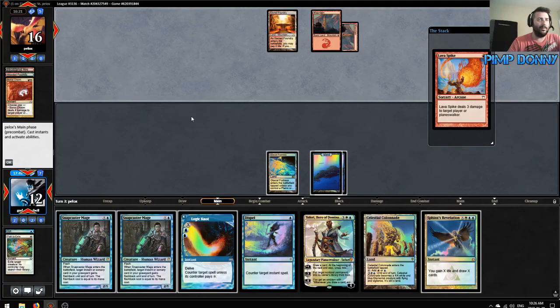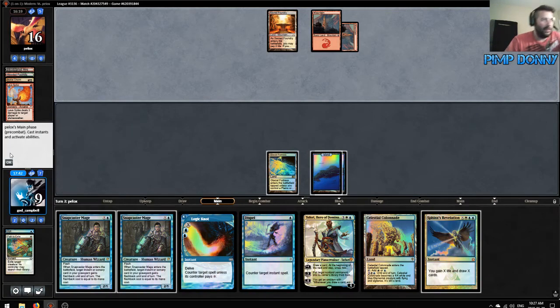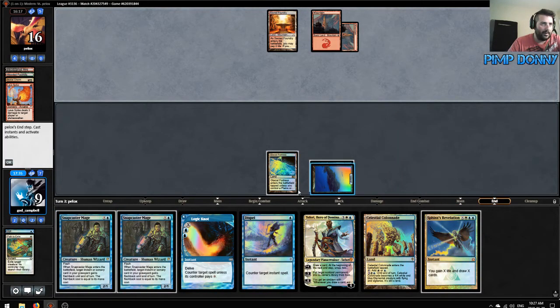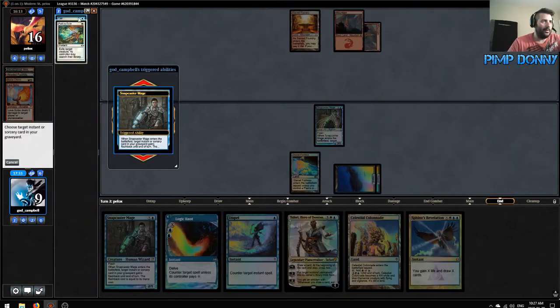Alright, so momentarily, he Boros Charmed us. Sure. I mean, I guess I take the 3 there. Did he play his land? I don't think he played his land yet. No, he did not play land. So Snapcaster Opt is going to be the play here. So either he burns Snapcaster EOT, or if we trade Opt for a land, which theoretically would...